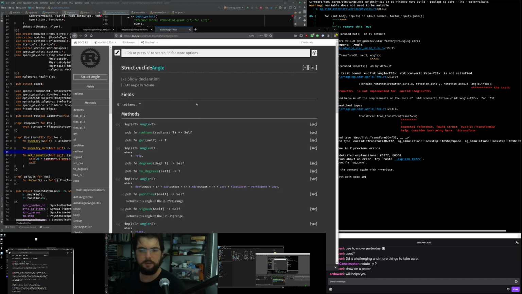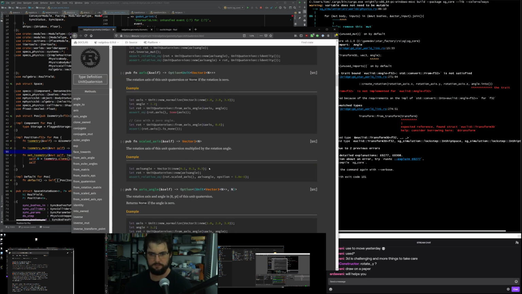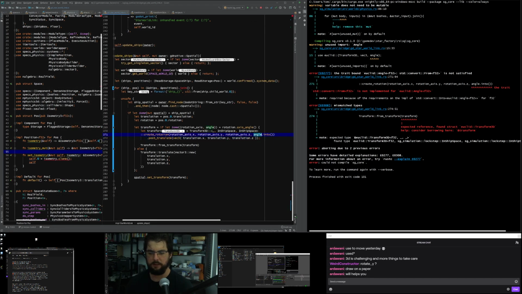An angle in radians. So I'm supposed to choose either degrees or radians. Okay. And this other function returns radians. So I need to say this is angle radians.